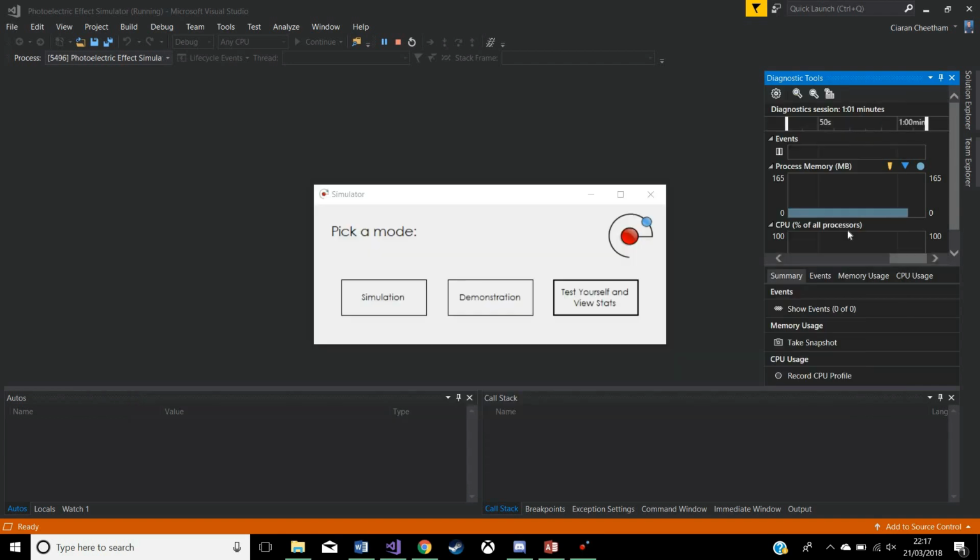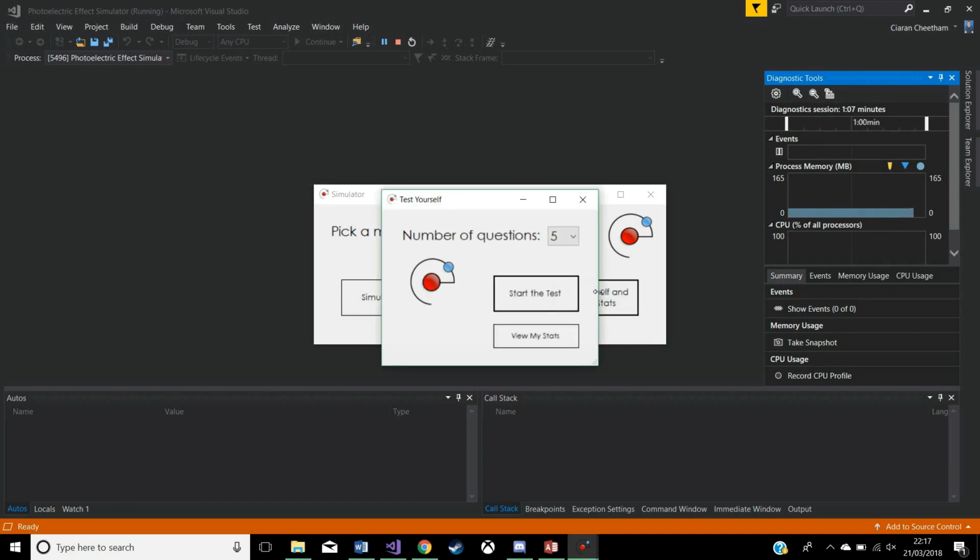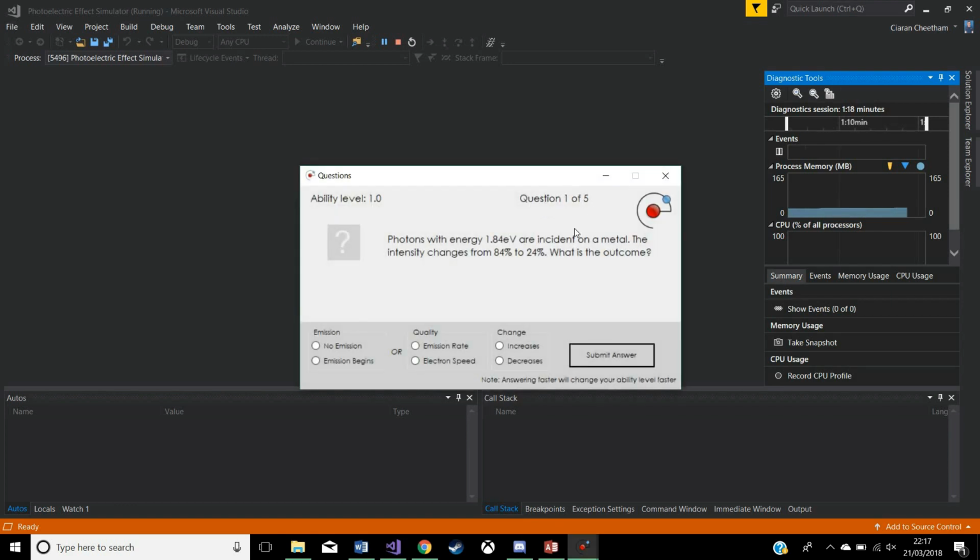Task number 9 is to show the functionality of the quizzing mode, which we can access by pressing Test Yourself and View Stats here. Now, if I want to do some questions, we can pick the number of questions here. Let's do 5 and press Start the test. Now, the question number is shown here and our ability level is shown here, and they're both updated after we